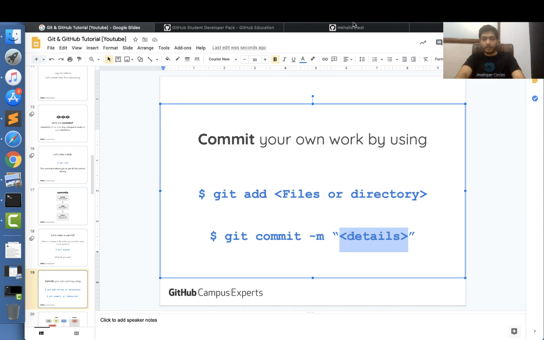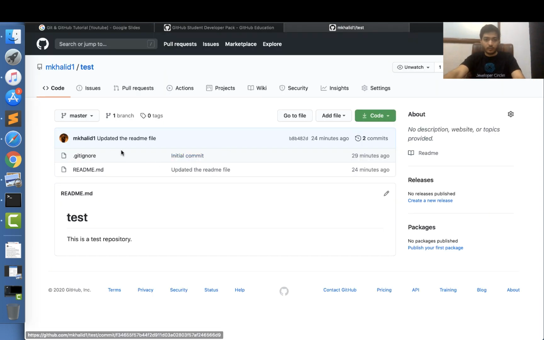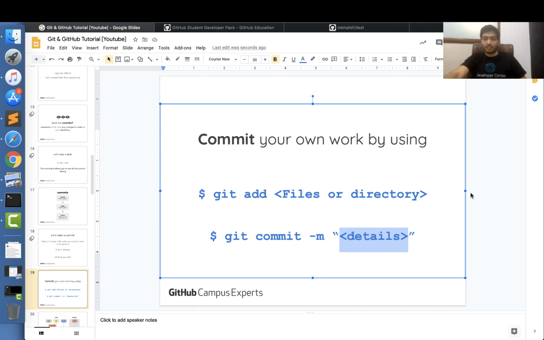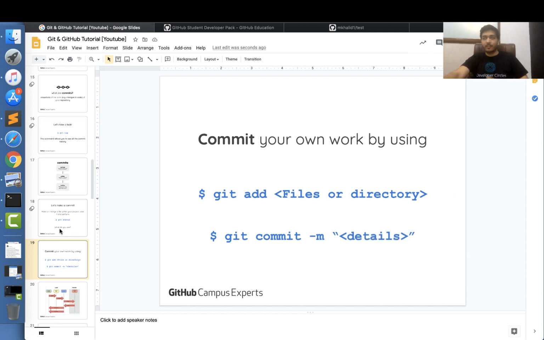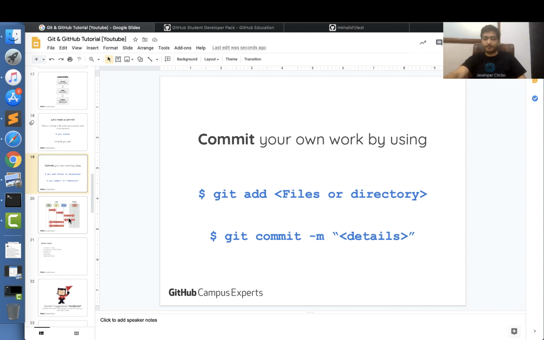with the commit. Like over here you can see this one, the initial commit, the message shown with it is initial commit, and then for this one it's updated the readme file. So this message needs to be meaningful, so that if there are other people working on your project, they can know what exactly is the content of this commit. Like what changes did you really push while you were making this commit.